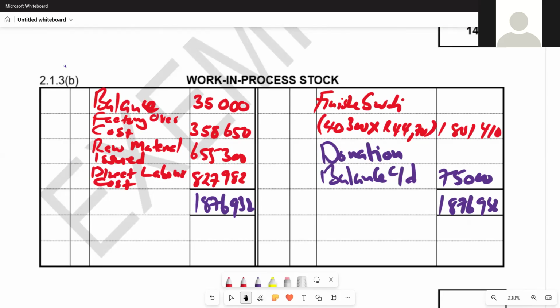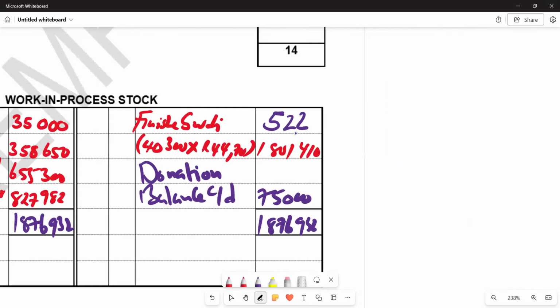And let's try to calculate it and see what we get there. We say 1,876,932, and then you subtract your balance CD 75,000, and then you subtract again the finished goods 1,801,410, and you're going to get 522. So basically, the figure that we are getting is our finished goods as a balancing figure. It's 522. So what we are saying is this figure 522, we got it as a balancing